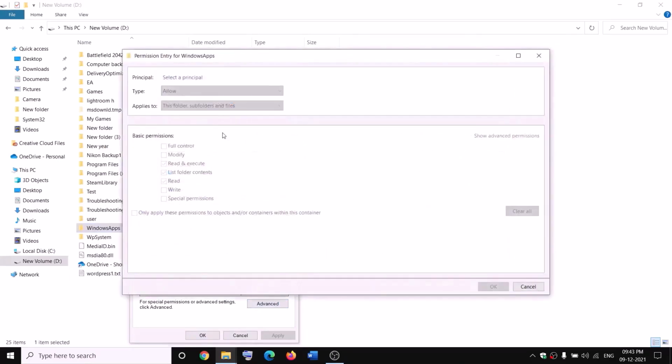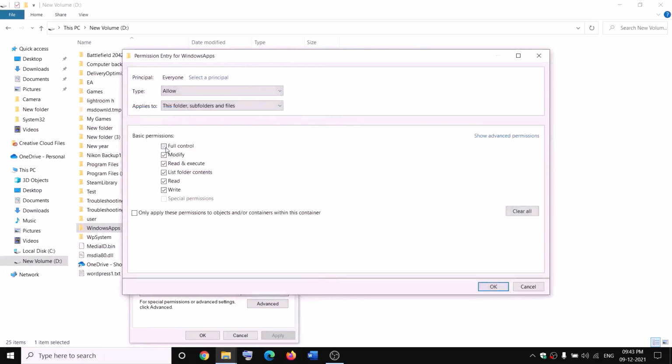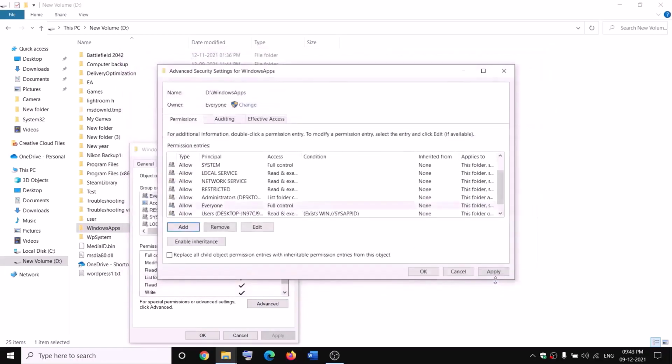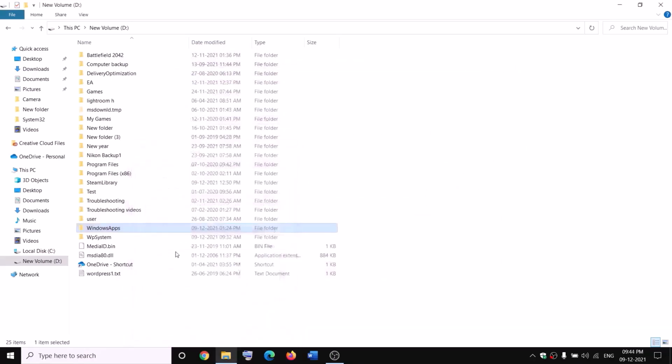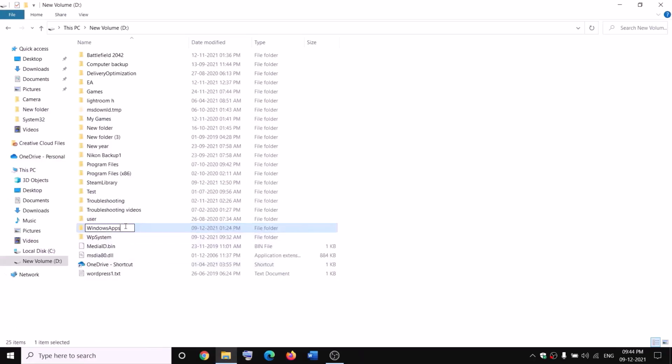click on add, select a principal, everyone, check names, OK. Put a check on the box which says full control. OK, apply, OK, OK. Now make a right click on Windows apps and then click on rename and then rename